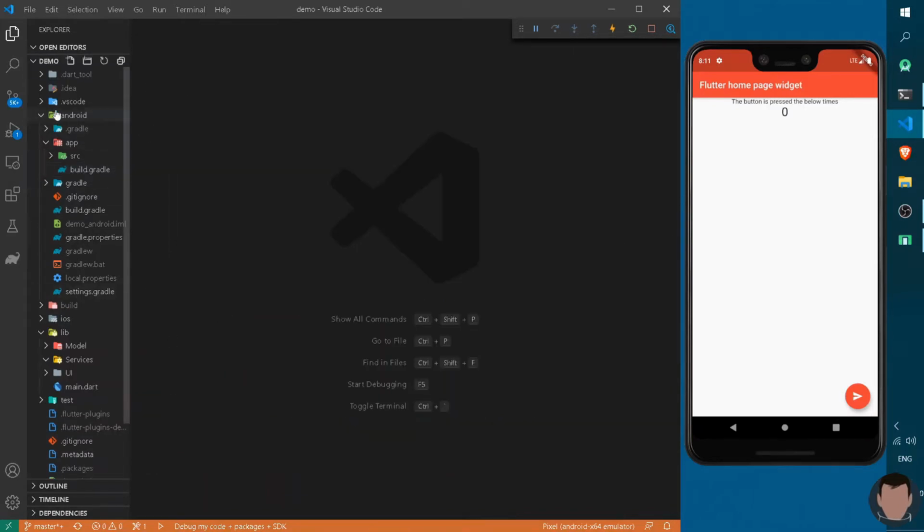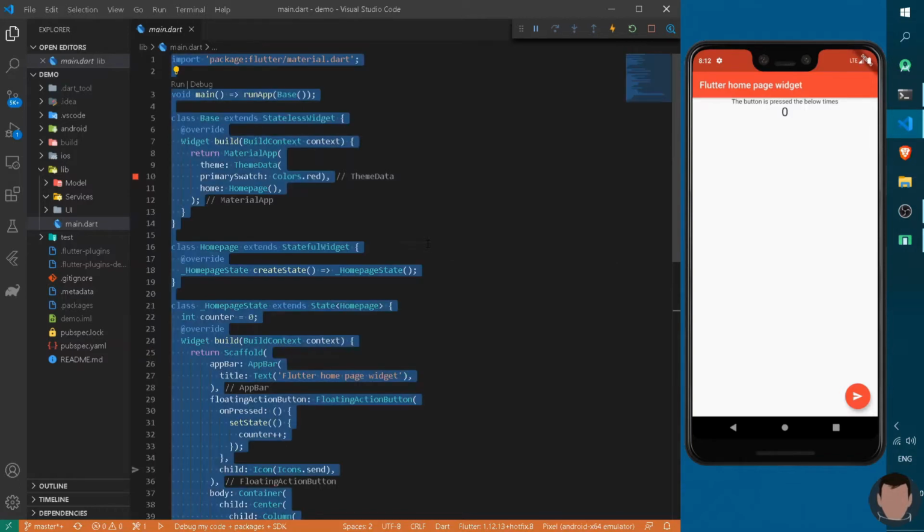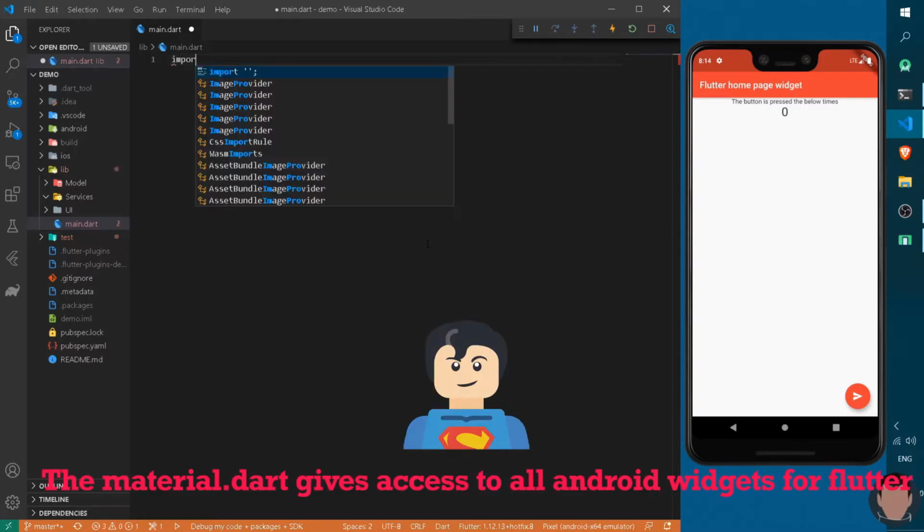Let's jump into the main.dart. Now, let me delete the entire code and rewrite it again to explain what's going on in this code. So I will press Ctrl and A to remove it. Now the number one thing before writing any code in our main.dart file, the first priority goes to importing all the dependencies. So you can just write here import